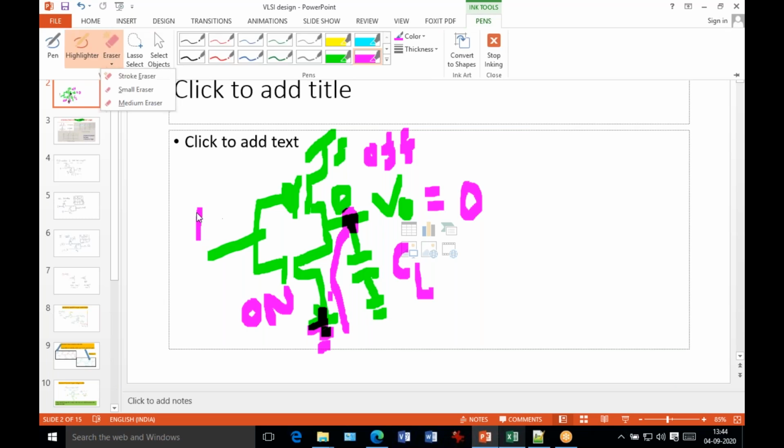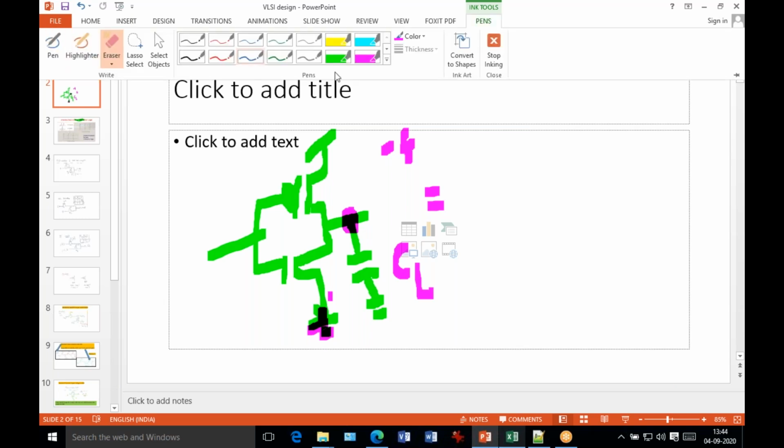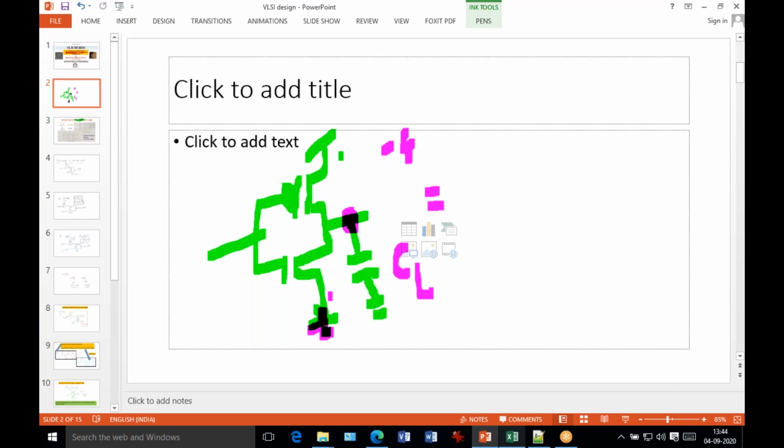That means if you see here, both transistors are not on at the same time. So what is the meaning here? The meaning is very simple: the static power dissipation of the circuit is 0. Because why? Because this connection is not possible from ground to VDD. This is ground, this is 0 volt, and this is 5 volt. This path is not available at any time. If you see in all the cases, this path is not available.